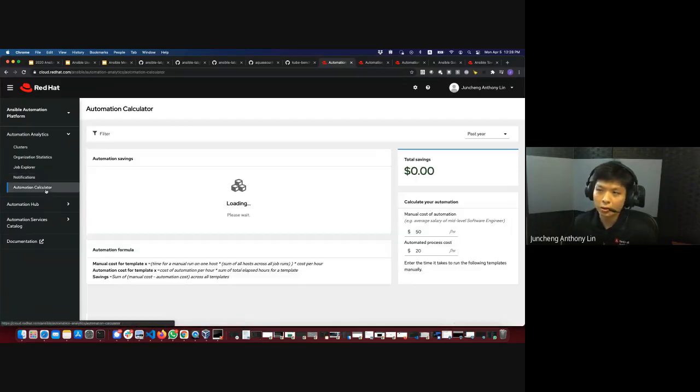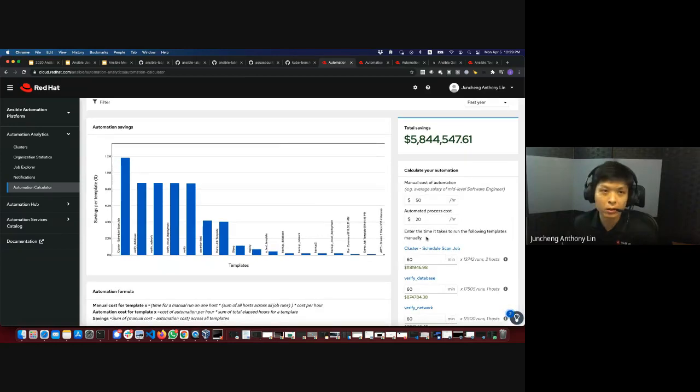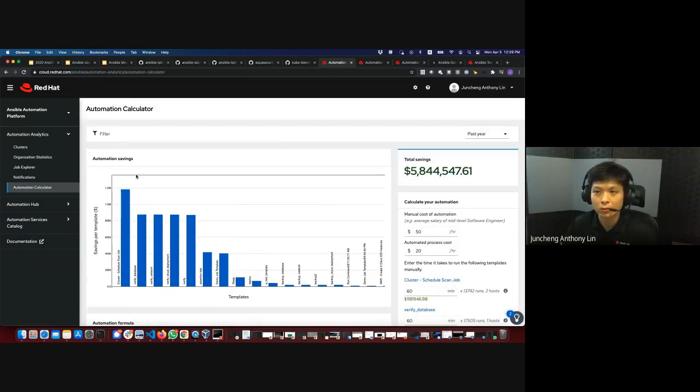There is another thing that may or may not be of interest to the technical guys, but the management team is usually concerned about how many hours they are saving when they do automation. This is a tool that's done in conjunction with IDC, so that it is neutral. You can key in the numbers over here and get your ROI. We call that the ROI calculator, to calculate your automation savings.